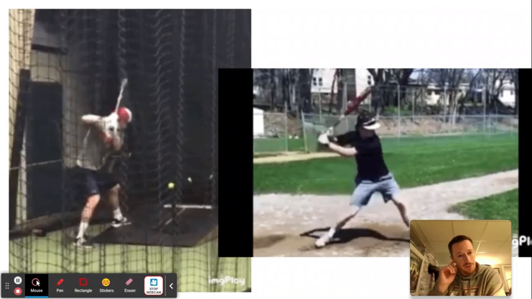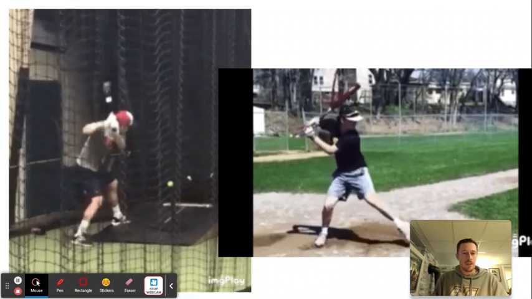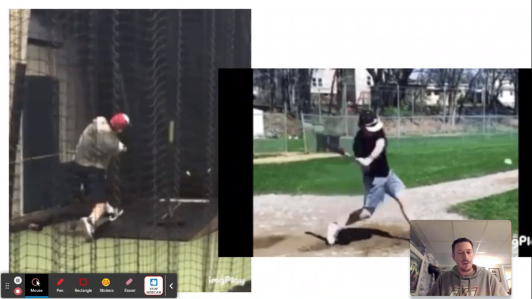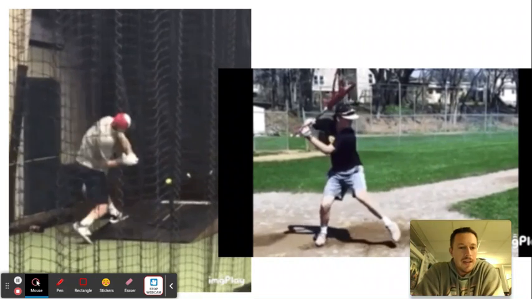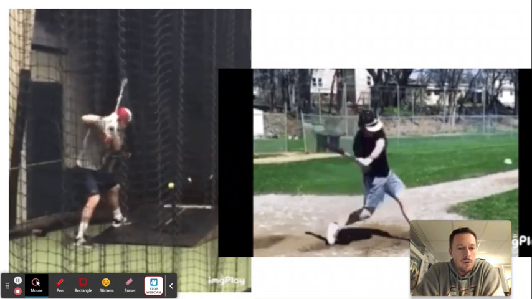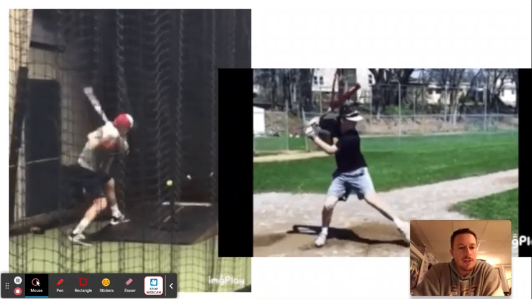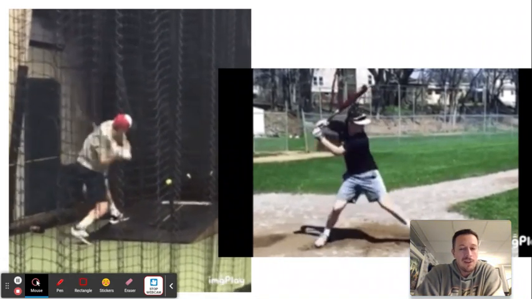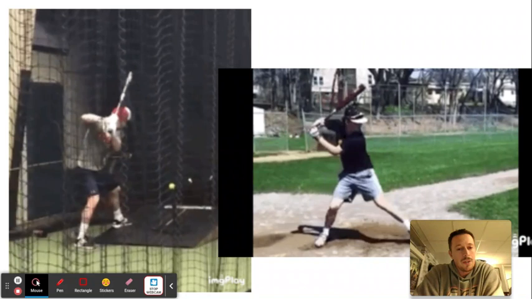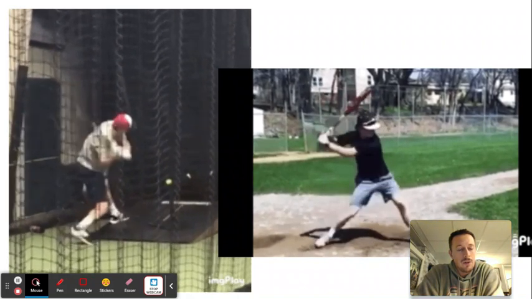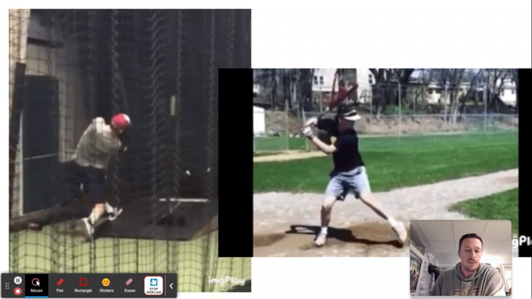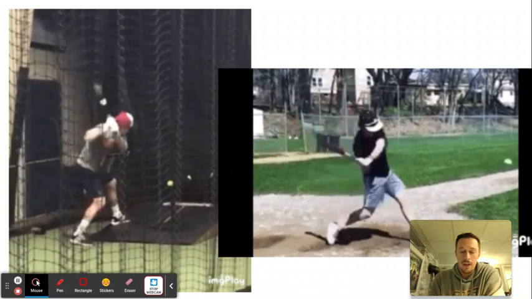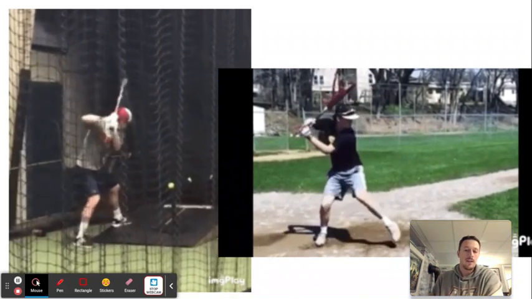Here's just some other little differences when those hips kind of start to get going. The person here on the left has a little bit of a weak front side with that left leg, where when the hips start to turn and create that disassociation, the left leg is literally getting out of the way. You may notice that the ball is placed on a tee, and all that they can really do is kind of take a pull side hit to the left side here,